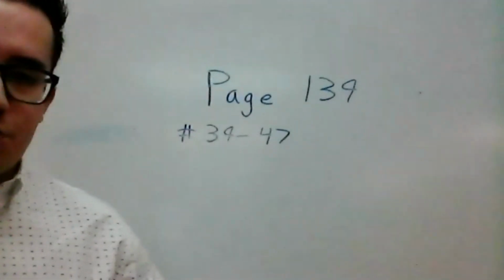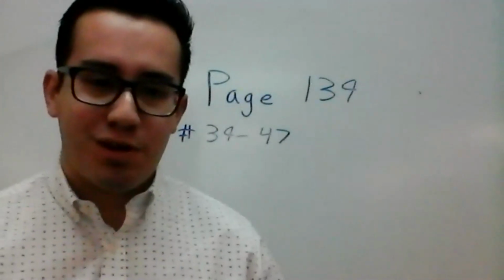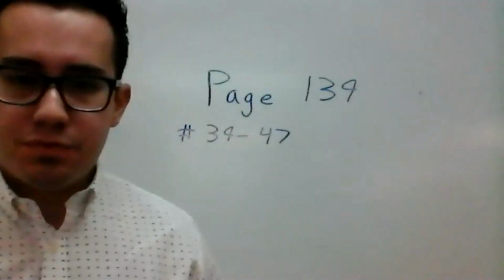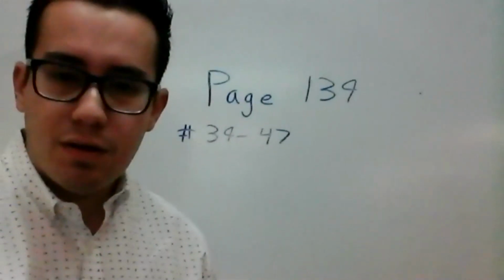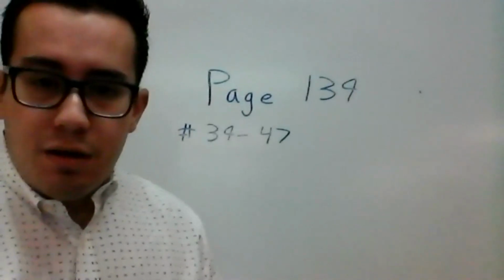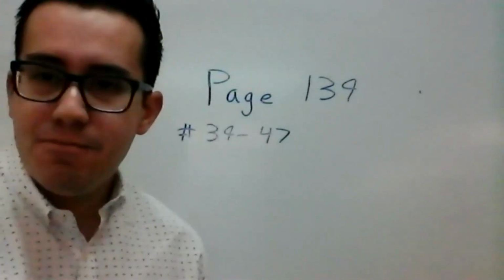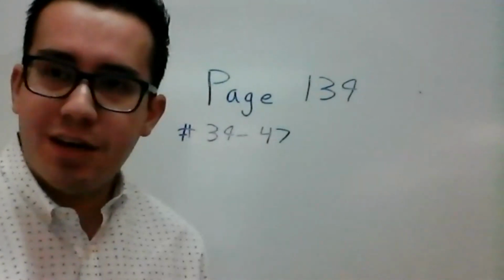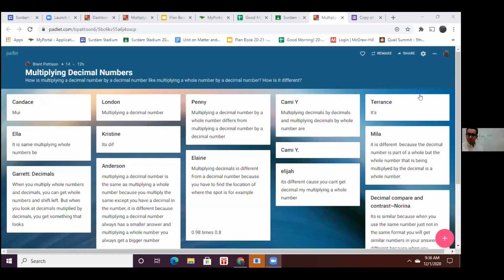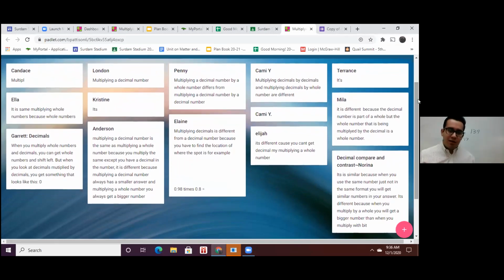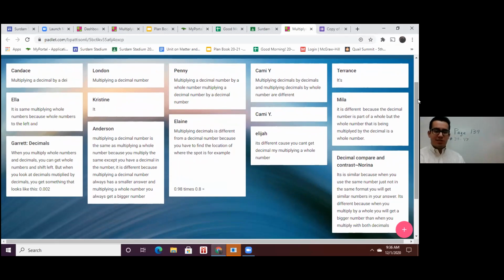Alrighty, I'm looking down here. I'm seeing some great responses so far. Some people are really thinking about the question, and that is awesome. Awesome job. I'm going to share my screen so everybody can see this. Got some really great responses going on here. For example, we have Anderson's. Anderson is saying multiplying a decimal number is the same as multiplying a whole number because you multiply the same